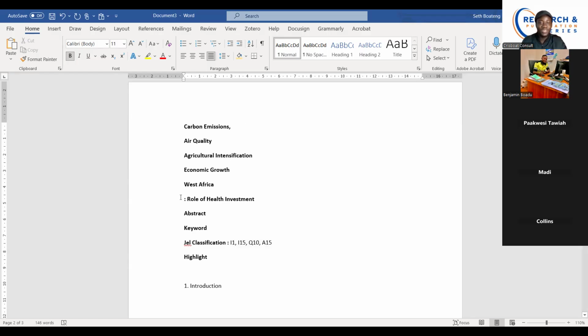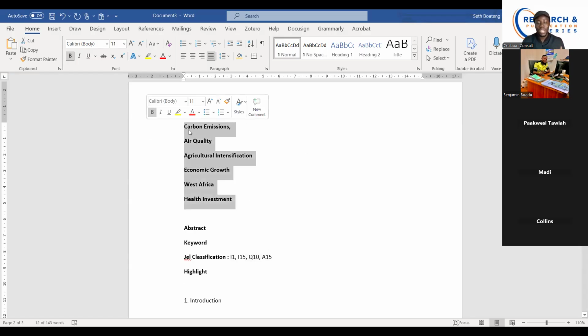We have health investment. So we have these concepts that we are working with. So you have to look for the codes that classify these concepts based on the JEL classification.